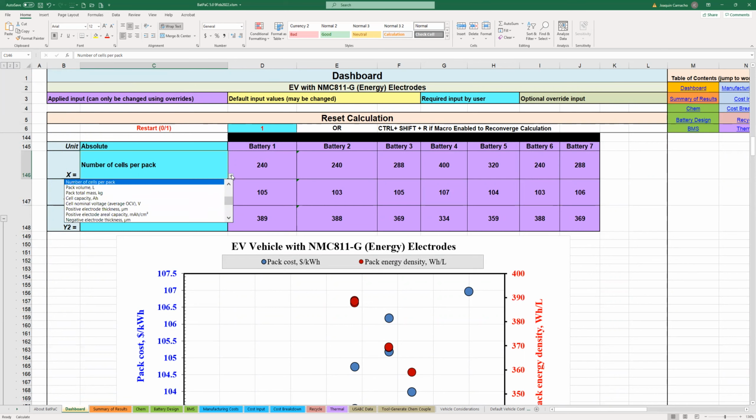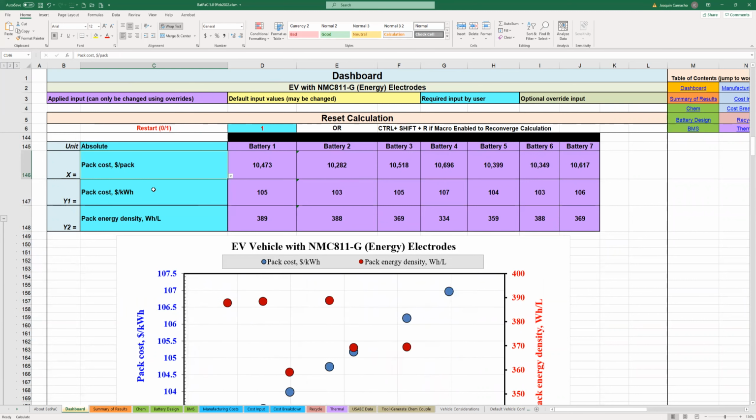and you can choose to plot different things against each other. And I wish it had total cost. It has total energy capacity. That's good. And then it has cost per kilowatt hour. Okay, it has cost per pack. That's good. So let's plot cost per pack